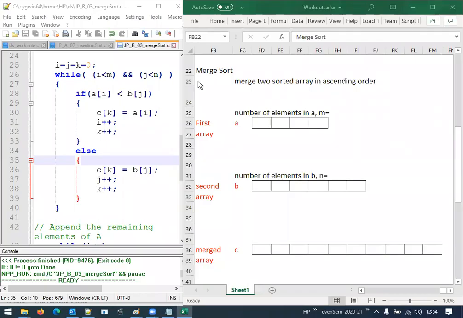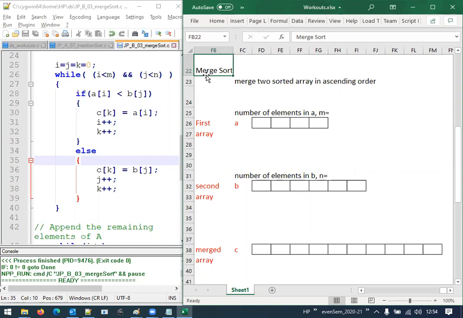Welcome students. In today's session, we will try to understand one more sorting technique called merge sort. Now, the term here indicates that it is a merge. That means there will be two different arrays. There can be situations when there are two different arrays and those arrays are already sorted. Now, the job is to merge or club those two arrays in such a way that the elements should be